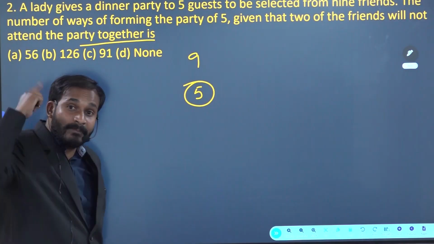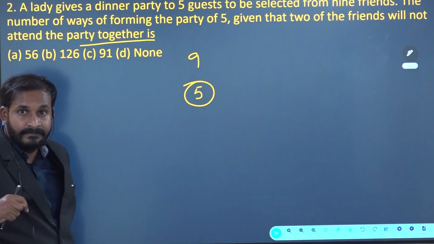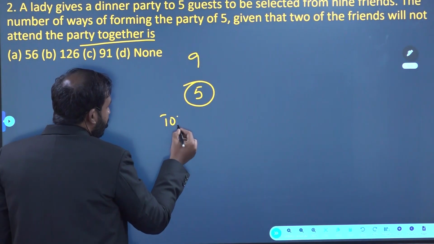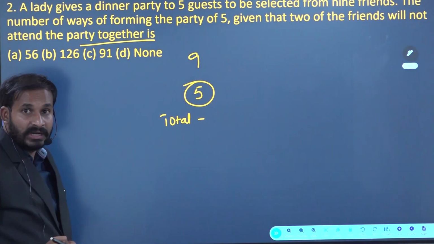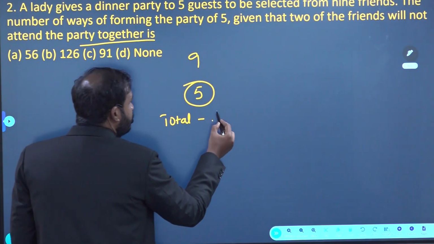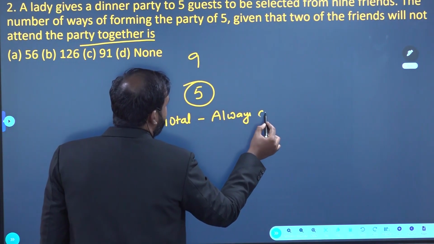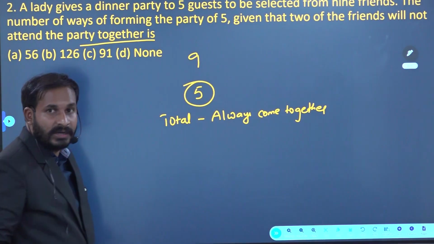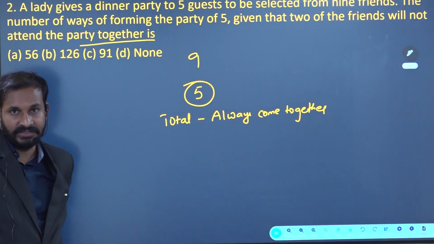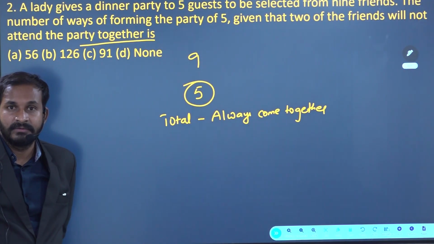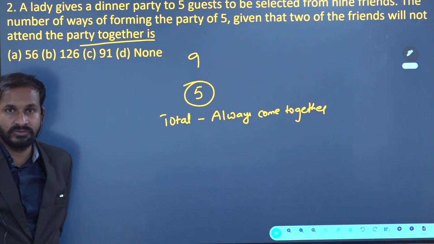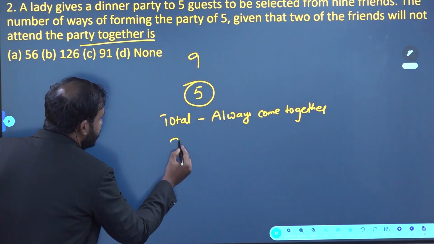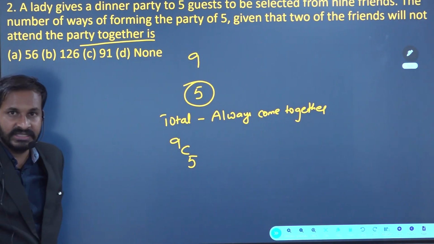Instead of that, can we apply our previous concept, students? What is that concept? Please see here. Total number of ways minus always come together. Can I do this one? Negation. Why? Because they should not come together. Now I will take a negation from it. Understood? Definitely those 2 friends will come. That is the case. Now the total number of ways is, from 9 guests I need to call 5 guests, 9C5,